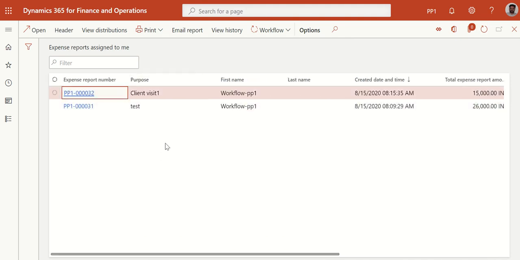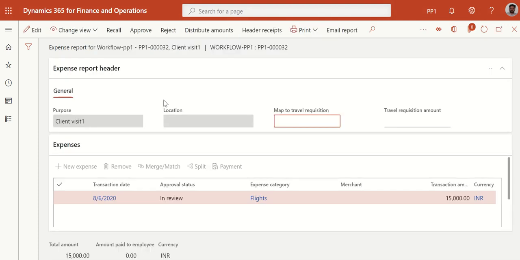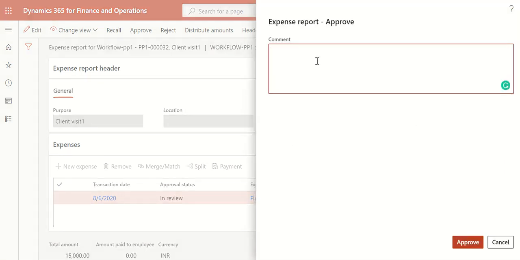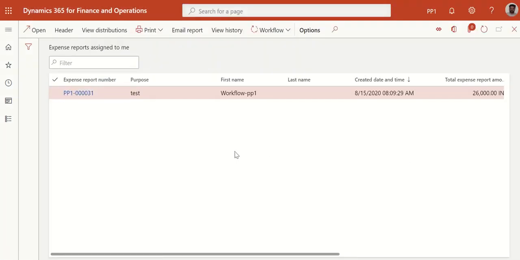So as a manager, you click on this and you see what is the expense submitted, what are the expenses submitted by the employee. You can see the transaction. You can basically review everything, and if you're satisfied with it, you can just approve or reject, or you can distribute amount right here. If you think, okay, this expense should belong to two departments, distribute amount, and you can distribute, or just approve. Let's say manager gives his comment, approve. So this is approved.